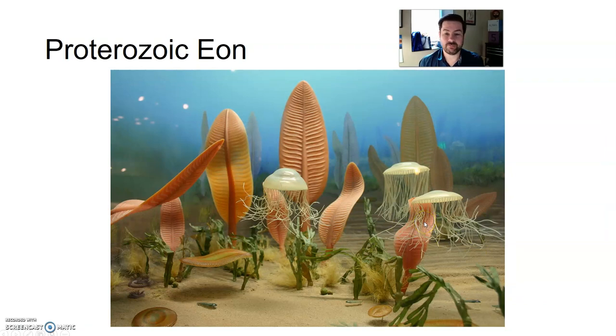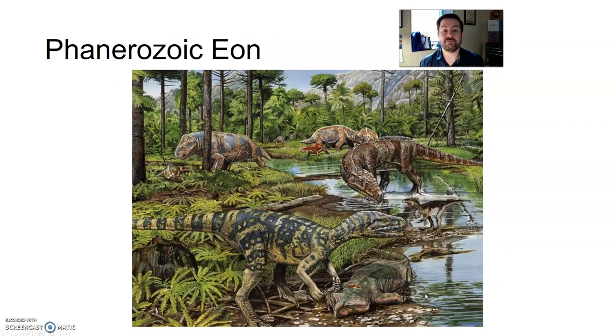Proterozoic, soft-bodied organisms in the ocean. Again, jellyfishes, other types of sea life, etc. And then we get into the Phanerozoic eon, abundant animal and plant life. Everything that we know existed in this Phanerozoic eon, at least that we commonly think of as far as life,